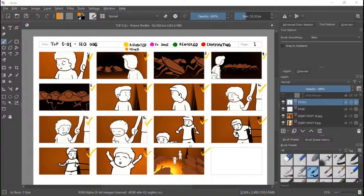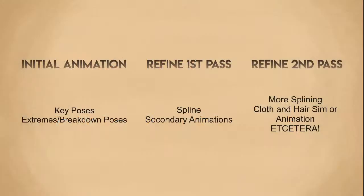I did this so that as I go through each shot, it's not that overwhelming, because animation is not easy. I think this process really works well when you're doing animation projects by yourself, especially when you're dealing with a lot of shots by yourself. And there's a bunch of shots for this animation. So anyways,